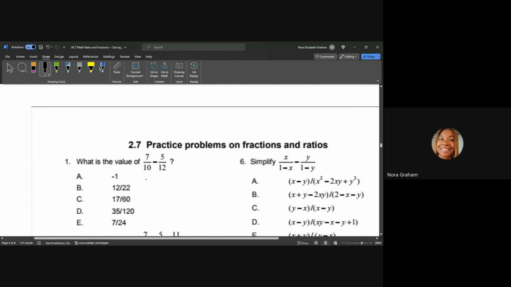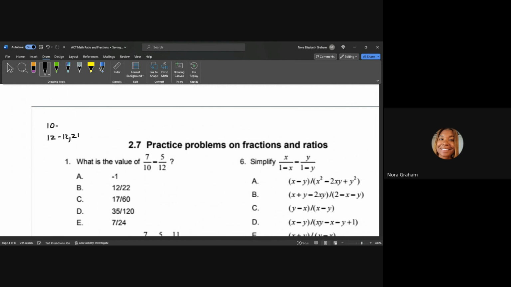All right, so for 1, it says, what is the value of 7 over 10 minus 5 over 12? For this one, we are just subtracting fractions. An easy way to do this is we find the least common denominator. If I list out all the multiples of 10 and all the multiples of 12, okay, I'm doing this a different way than I did the examples. So if I list out all my multiples of 10, 10, 20, 30, 40, 50, 60, and then some 12, 12 would be 12, 24,